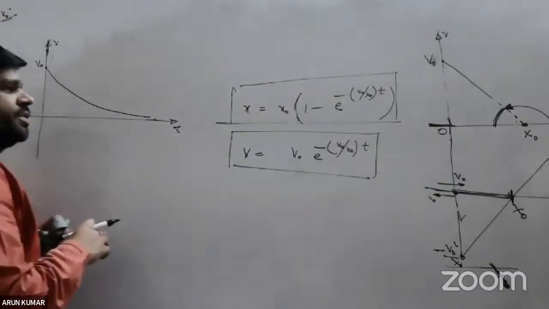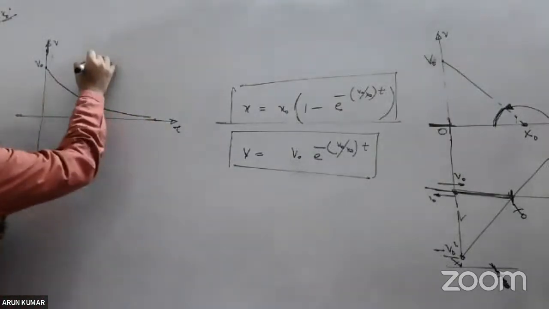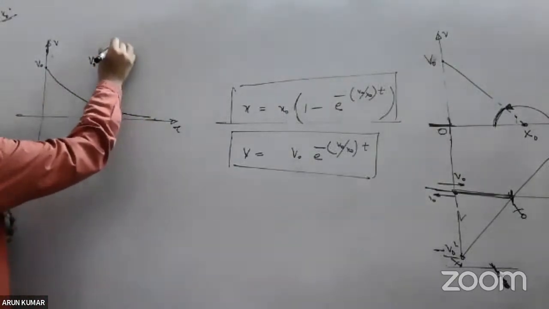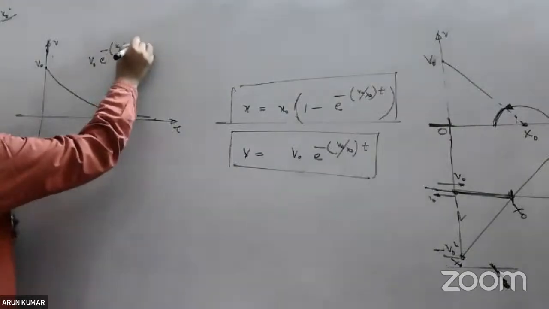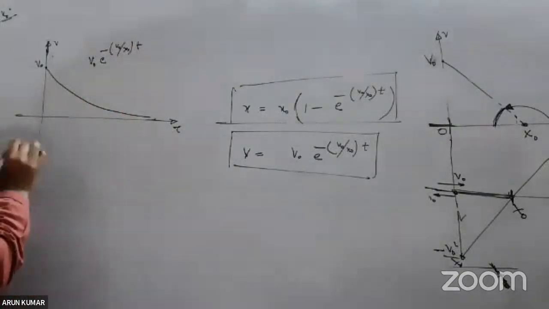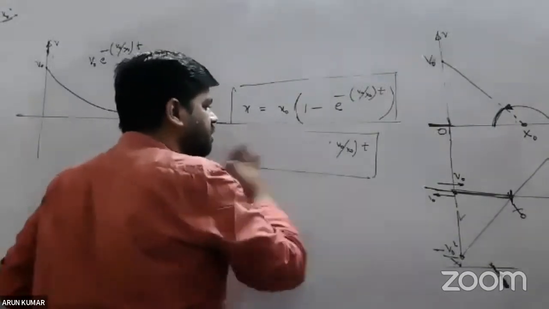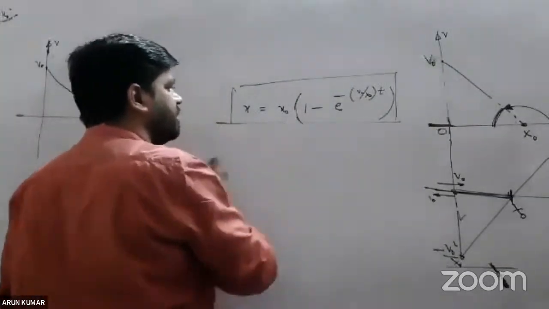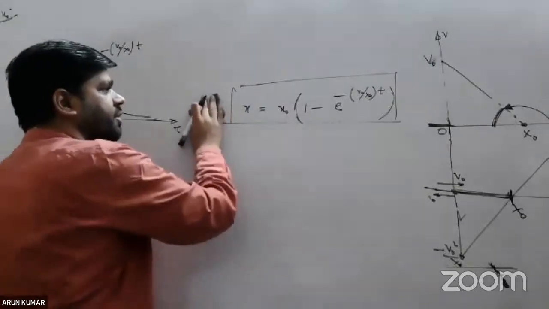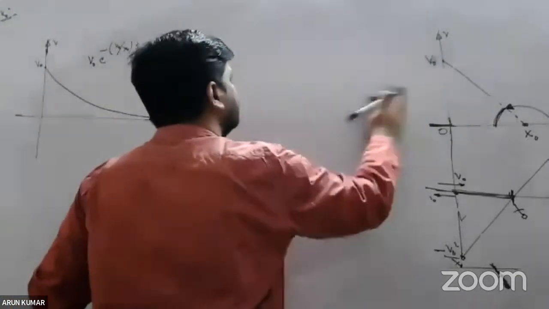Now let's start x as a function of time. This was v as a function of time. So v naught into e power minus v naught by x naught into t. Alright, the graph is not complete, but still we have got some information. Now let's start this one. x naught into 1 minus e power